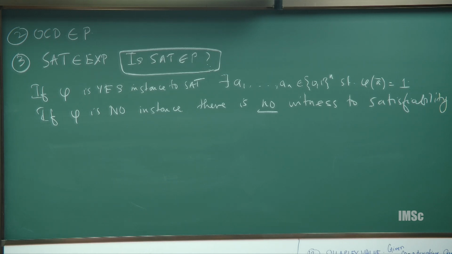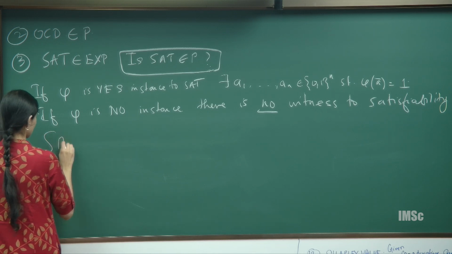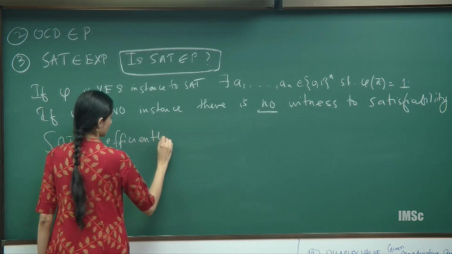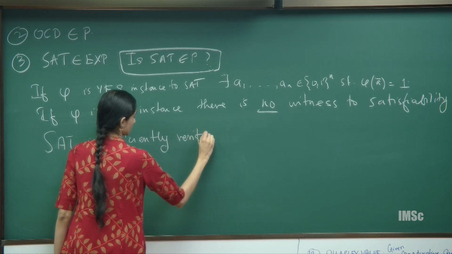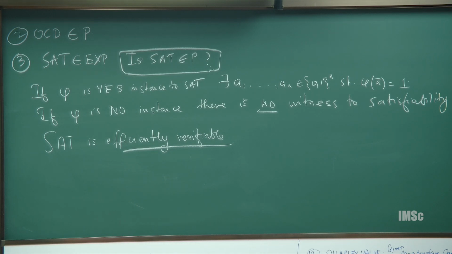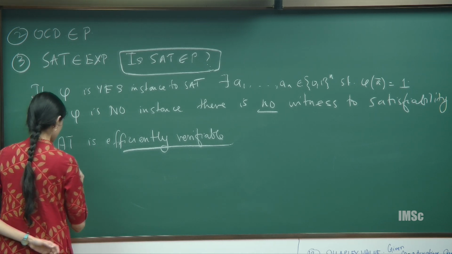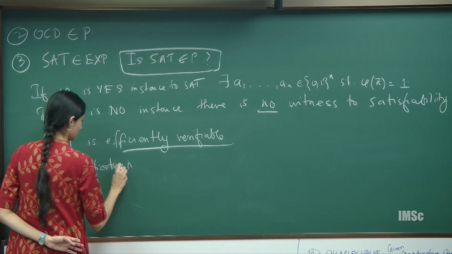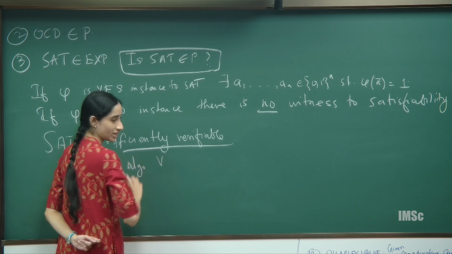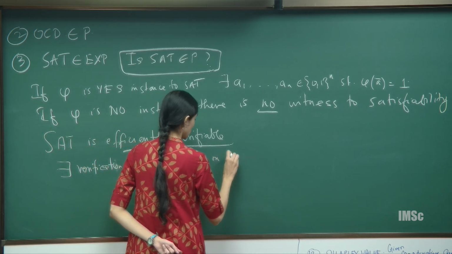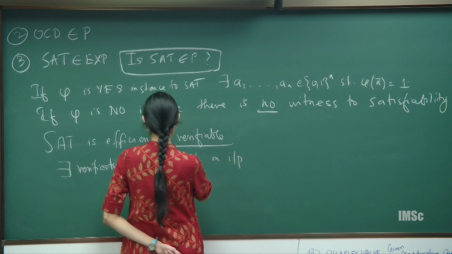So, it is a property of the problem. So, SAT is efficiently verifiable. What do I mean by that? There exists a verification algorithm, let us call the algorithm V, such that on input